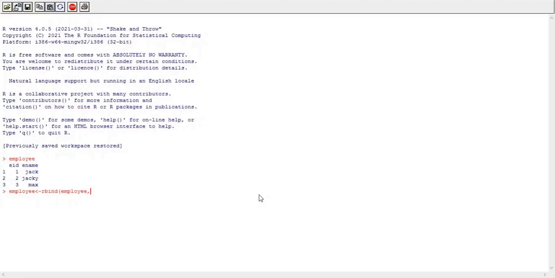This rbind function receives 2 parameters. First parameter is the name of the existing data frame to which we want to add our new list or new row, and the second parameter is the value of the component that we want to add. So here for adding all those values for different components in the data frame, we are going to use the list data structure. Okay, means we are going to add a new list into the existing data frame. So list of employee ID and employee name.